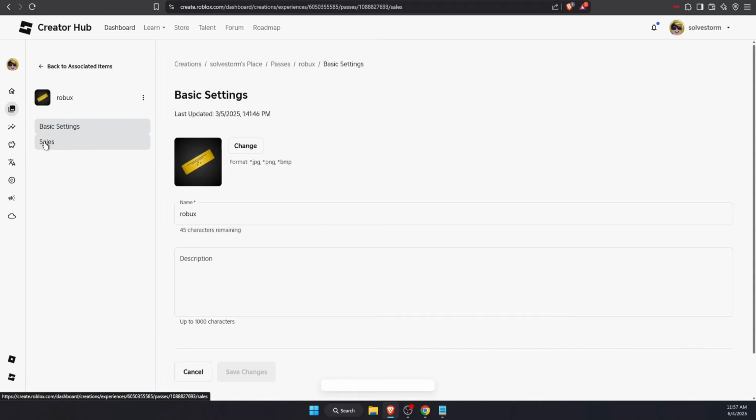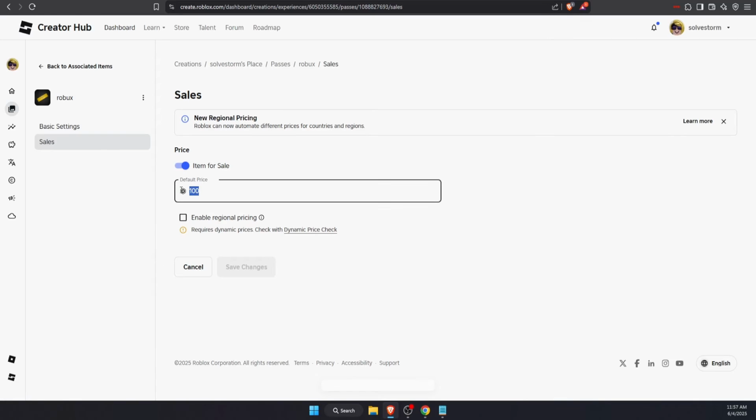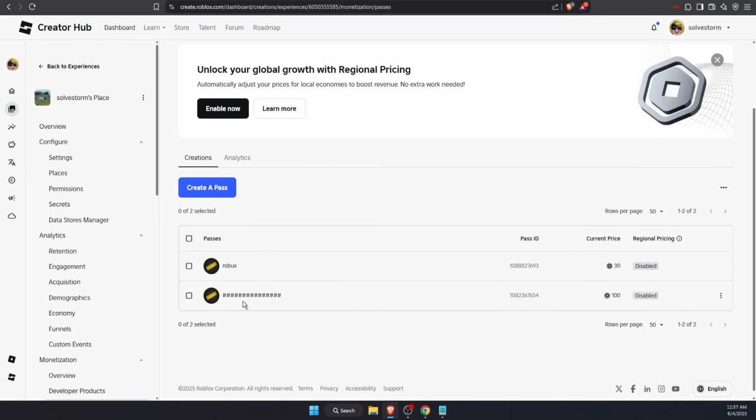After that you want to press sales. And here as you can see the item sale. I'm just gonna make it maybe 30. Press save the changes. Now you can go back and maybe add a little bit more if you want to